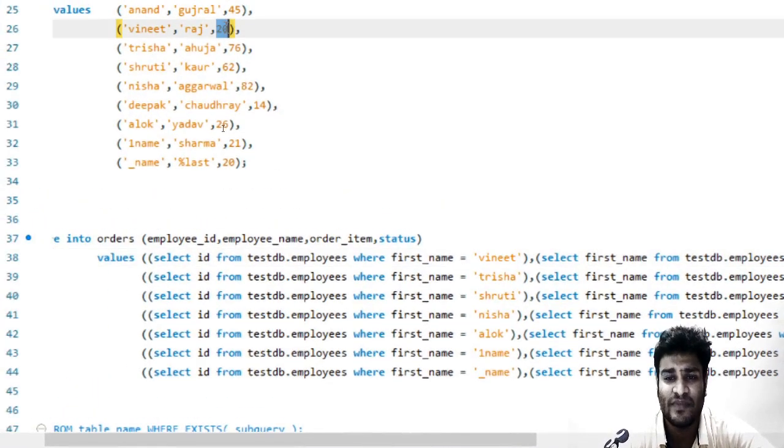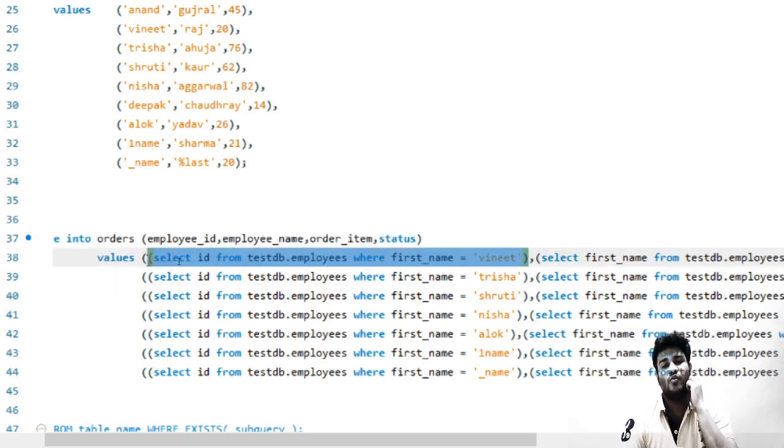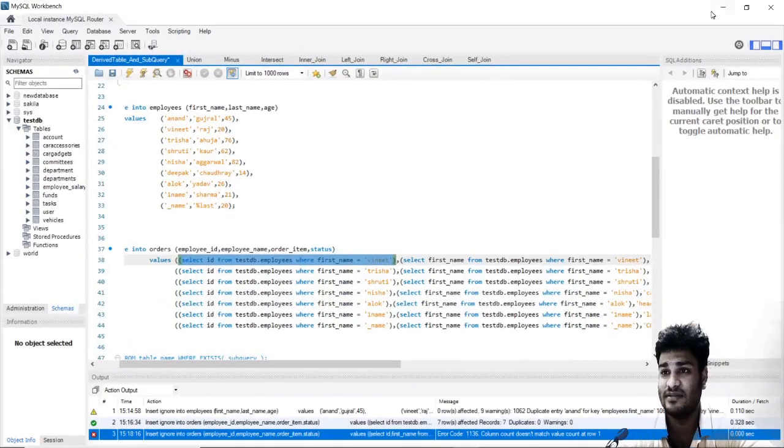Vineet ID is 20. So at the end this particular value will replace itself with 20. So what exactly is a subquery? Whenever we use a select statement, it returns us a set of values or data in the form of a table. So you can say that the result is also a table, right? Even in select star from table name, rather than giving the table name, we can give another query. So this is what is depicted by this.